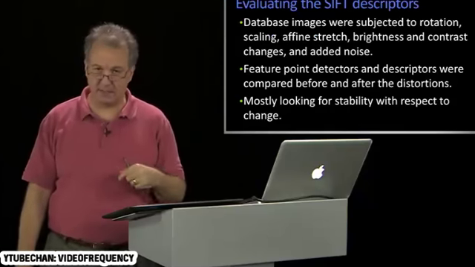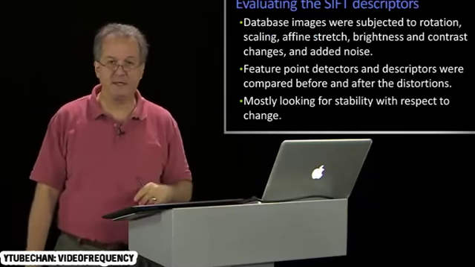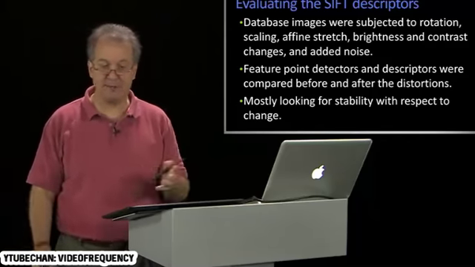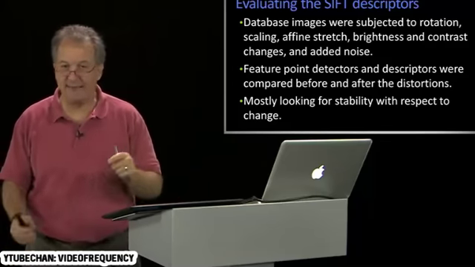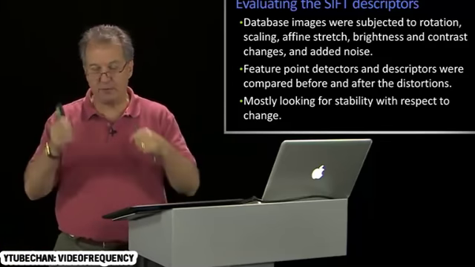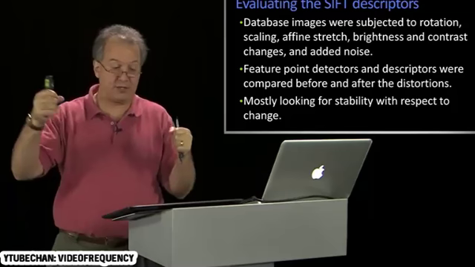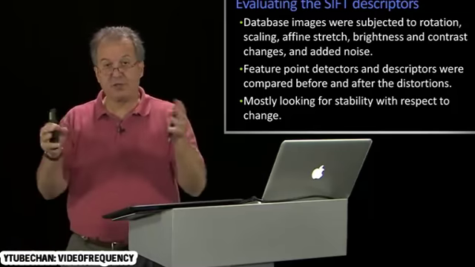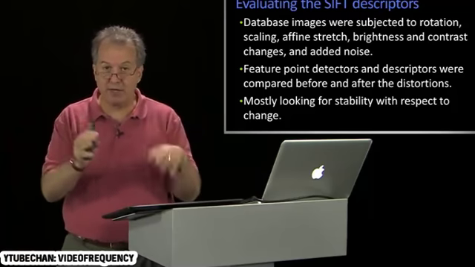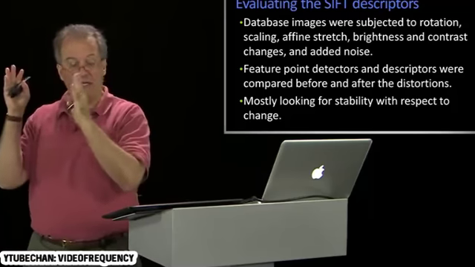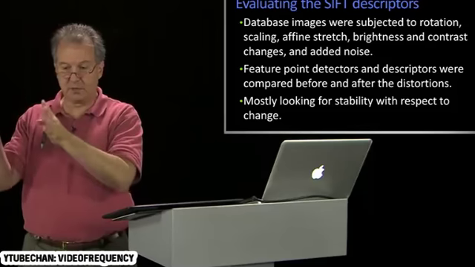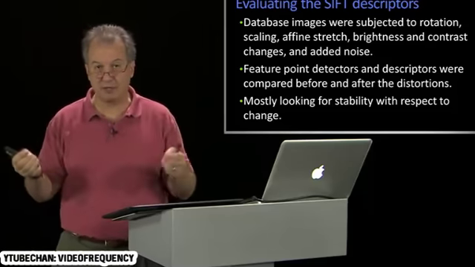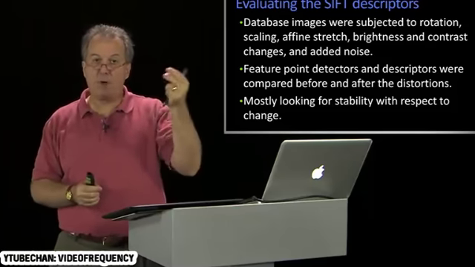One of the really nice things about some of this initial work is they did some pretty extensive evaluation. They would take a whole bunch of images and rotate them, scale them, stretch them, change the brightness, contrast, and add noise. And then the feature point descriptors would get run on the original image and the transformed, the distorted image. And then you could say, under some matching criteria, how often